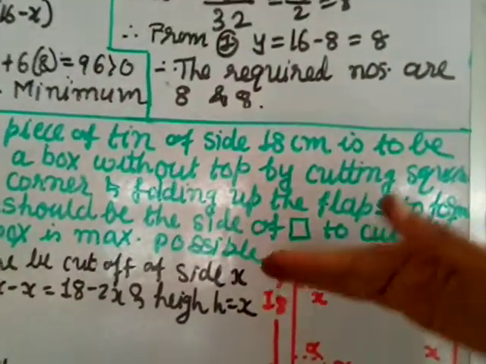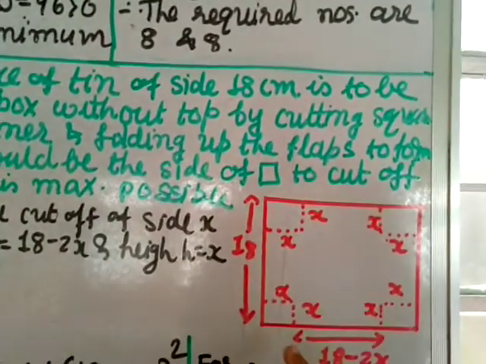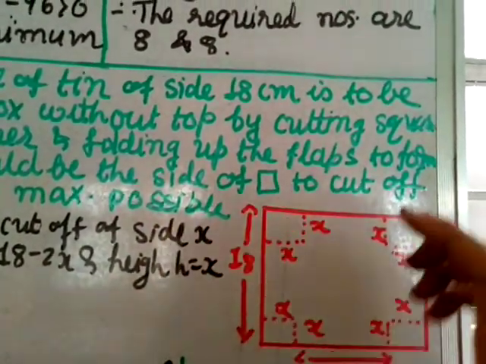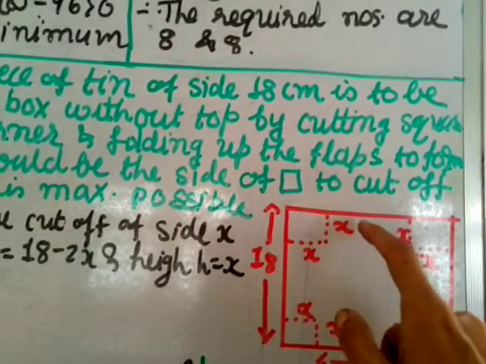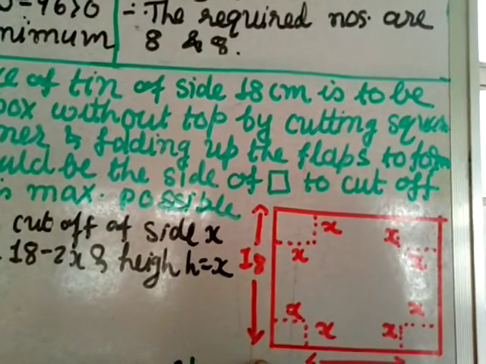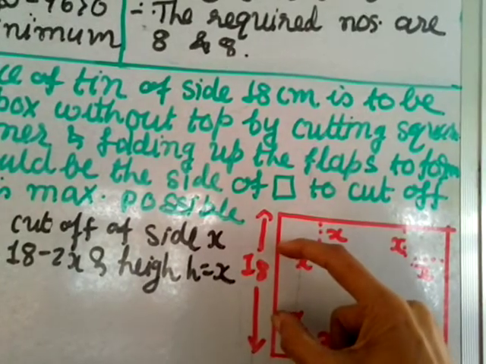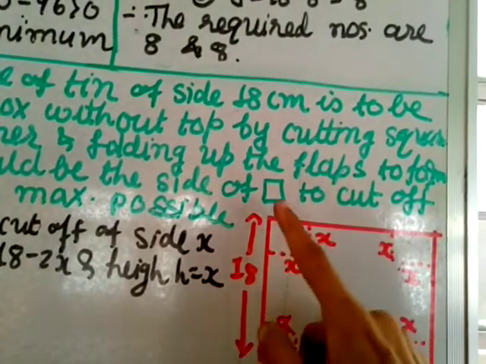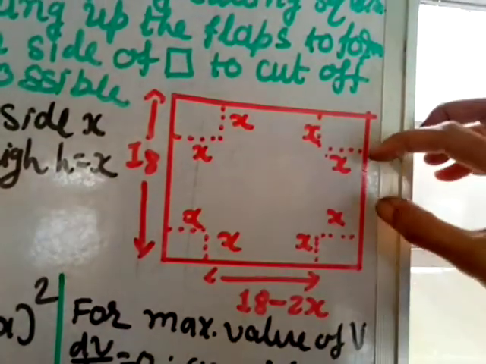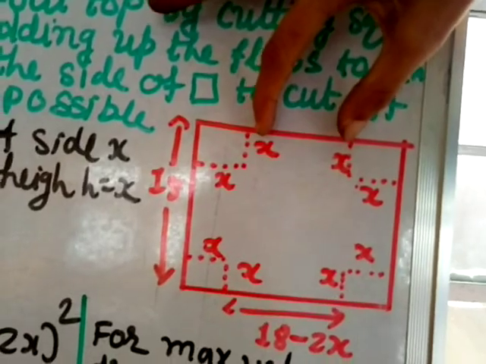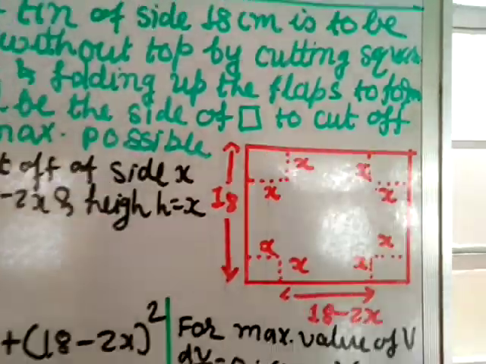Okay, so see, after cutting you fold, it remains only from here to here, so you fold it. Then from here to here fold, from here to here fold, from here to here fold. So you get a box without a top. Okay, and I am going to cut this square of side x centimeter. If total is 18, and from here I am cutting this x, so the bottom will now become 18 minus 2x. So from here to here, I have written it comes 18 minus 2x. This also 18 minus 2x, and this also will come 18 minus 2x. Okay, and here total I have written 18 because it is a square of 18 centimeter.